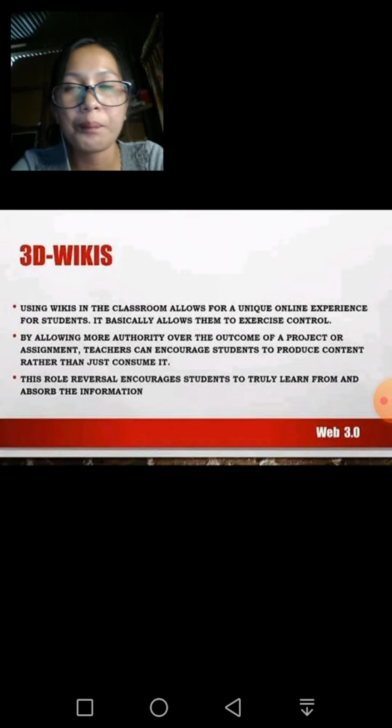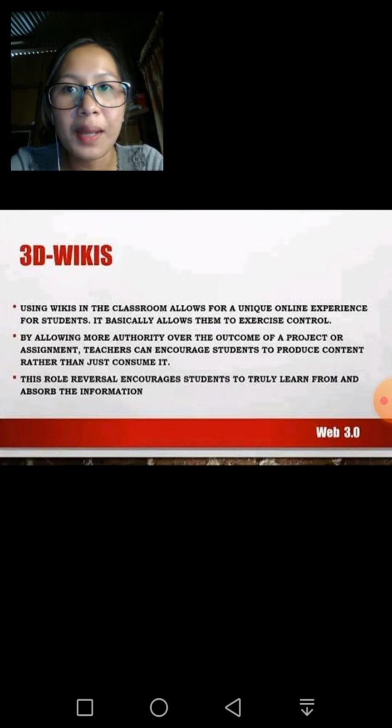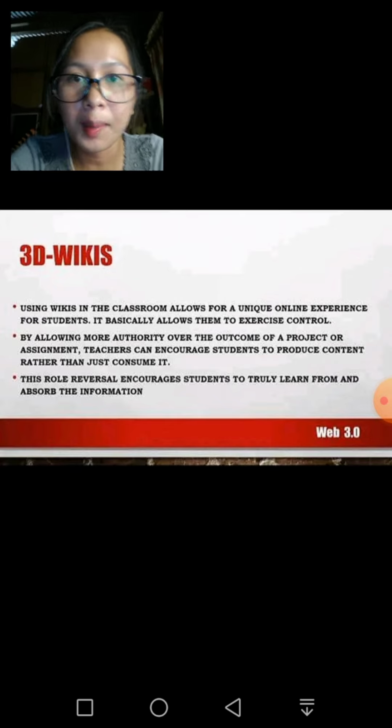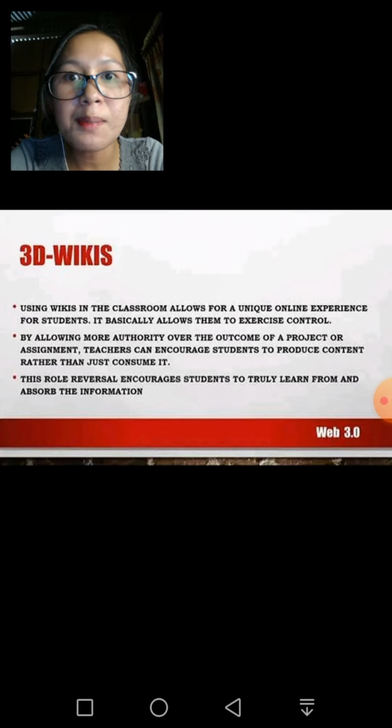A wiki is a web page with an open editing system. It allows users to collaborate in forming the content of a website. It also provides a simplified interface.